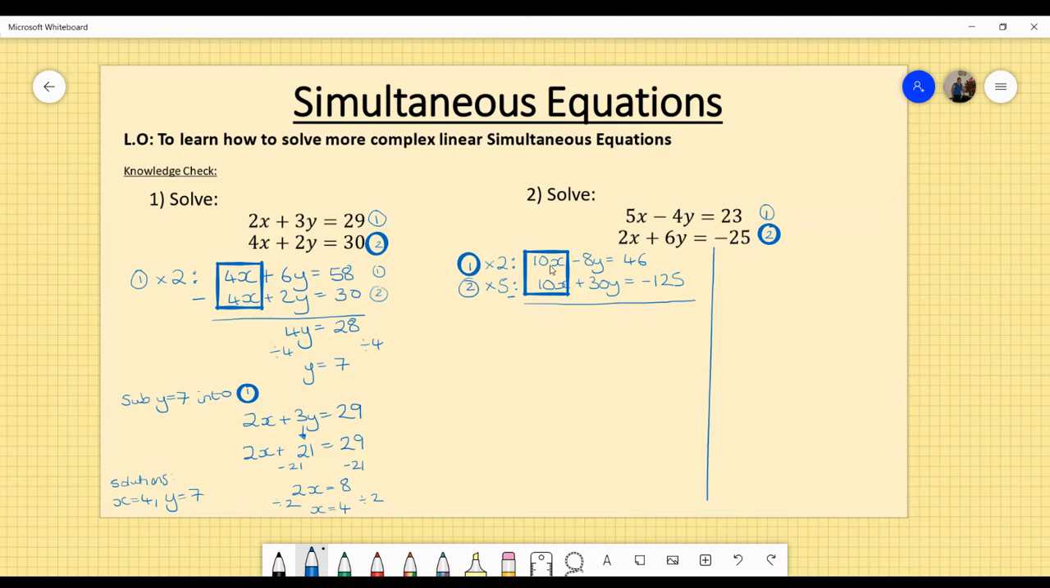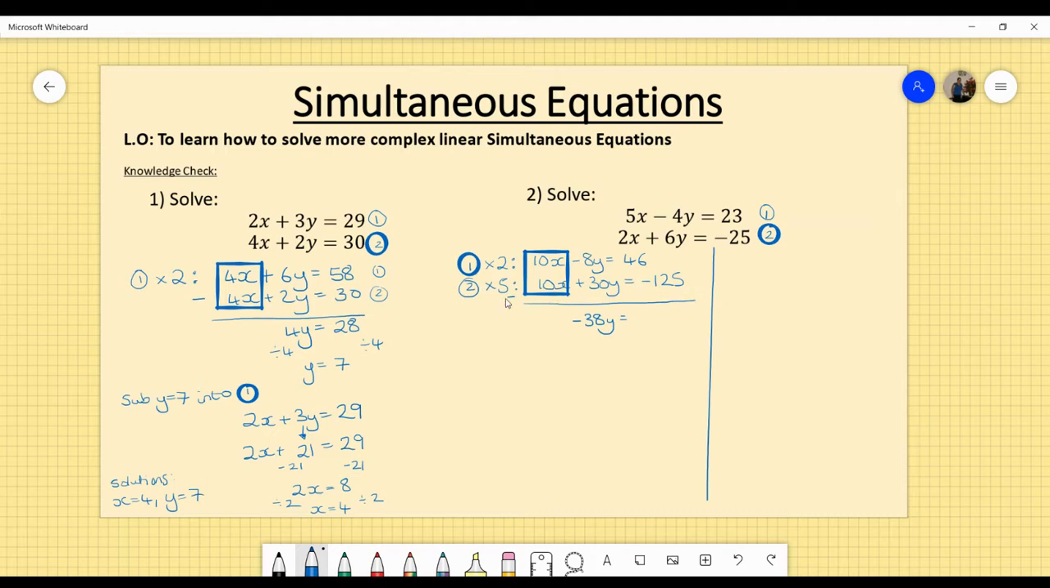So I've then got 10x, take away 10x, that's eliminated that one. And then be very careful, I've got minus 8y minus positive 30y. So remember the minus and the plus there means it's a subtract question. So minus 8y minus 30y gives me minus 38y. So you can use your calculators just to double check that you're doing that correctly. And then again, be very careful, we've got 46 minus